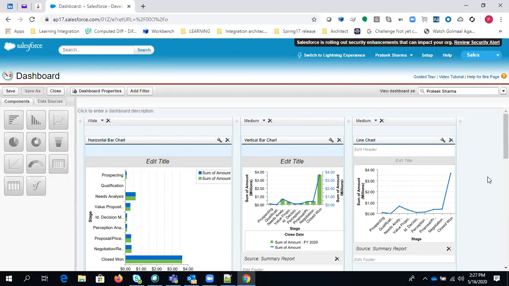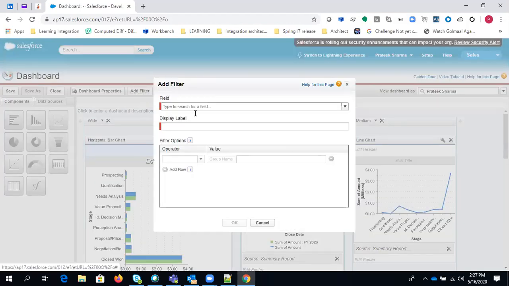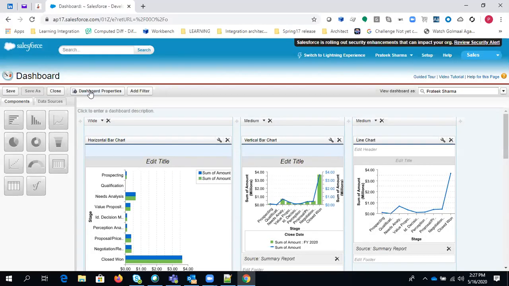You can also add some dynamic dashboard filters. In order to add a dynamic dashboard filter, let's say you have 4 reportees and you just want information related to all the 4 reportees in a single dashboard. If you want to check that, you can add a dynamic filter. So let's say you have different users, and based on every user you want to check the data, so you can add some dynamic filters. Let's say, no, it is not here, we need to go to dashboard properties, I think.